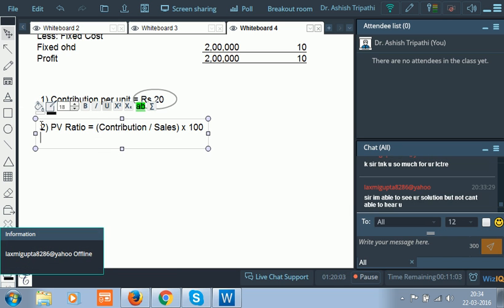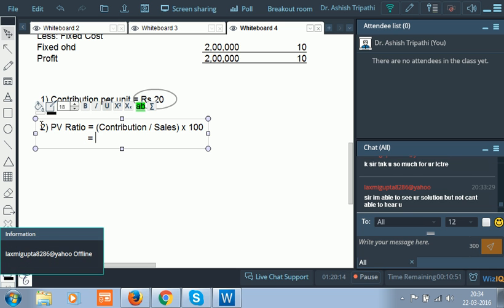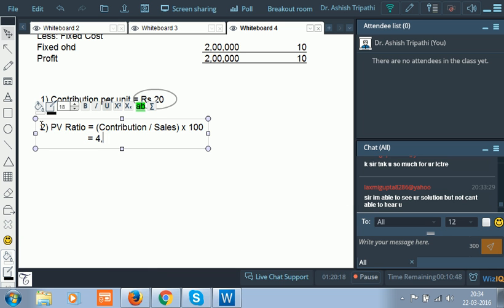So let us calculate this. Contribution we have is 4 lakhs